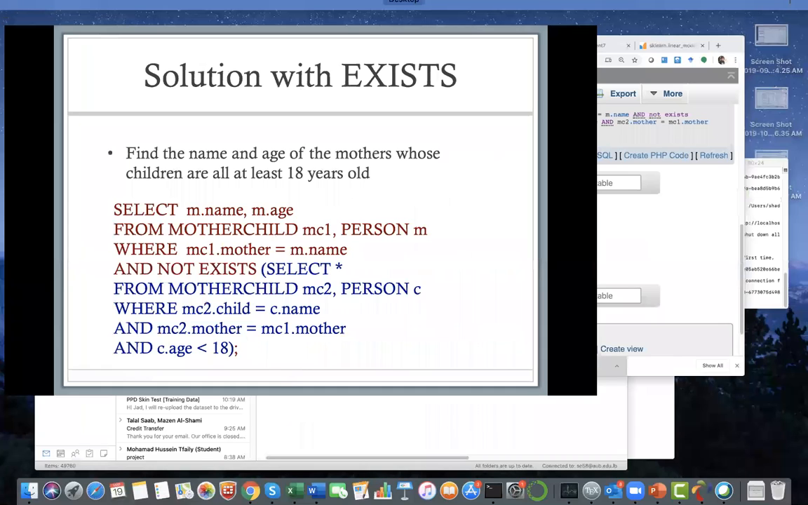Okay. Typically the nested formulation of a query is usually more readable. So people tend to overuse them because they're more readable, they're easier to think about. It's easier to